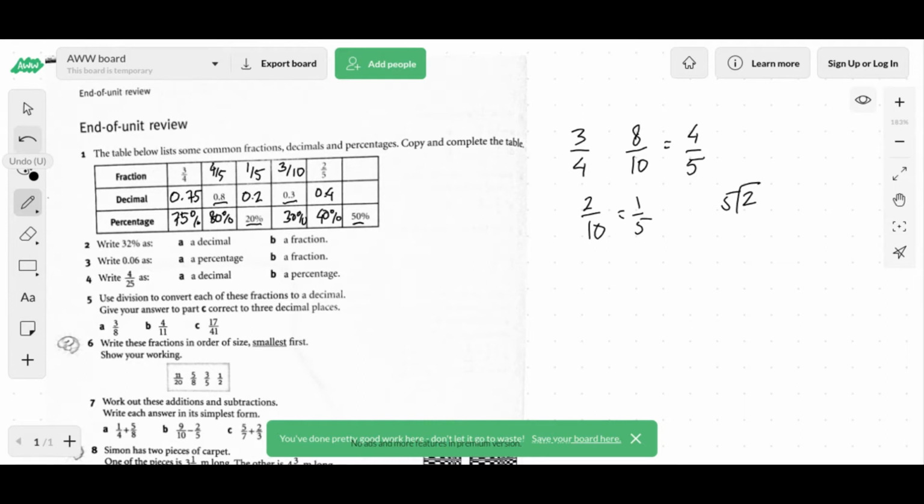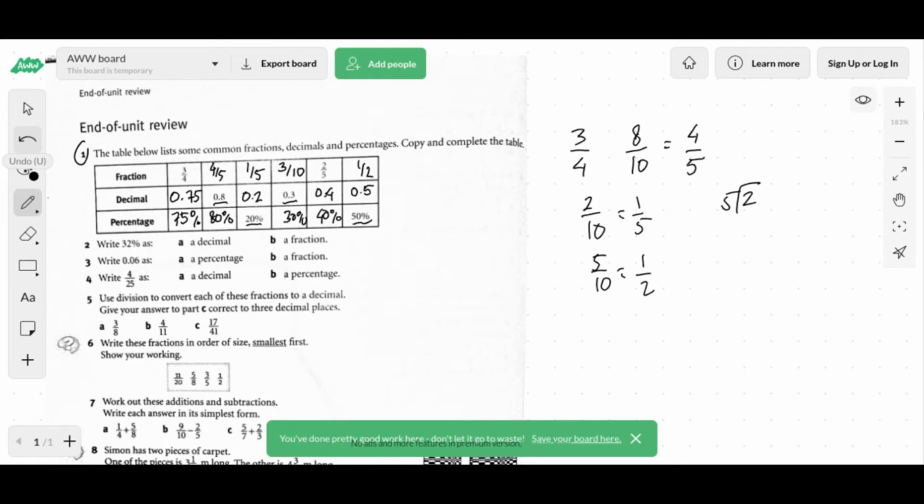How about this one, 50% in decimal? 0.5. 0.5. Now as a fraction, 5/2. Yeah, 1/2. When you simplify it, it will be 1/2. Okay, now